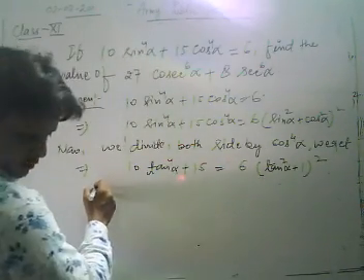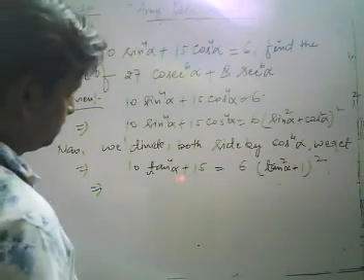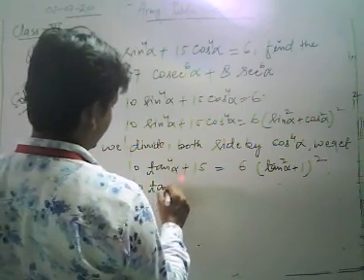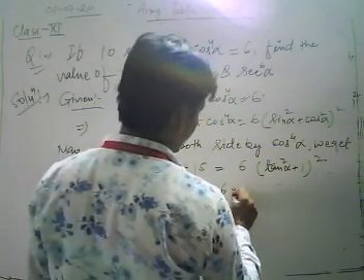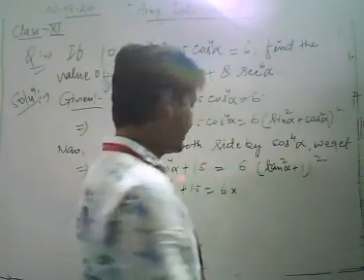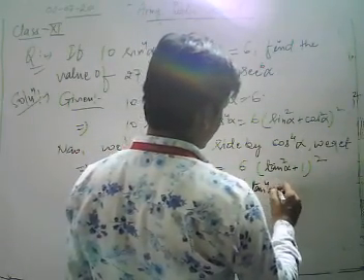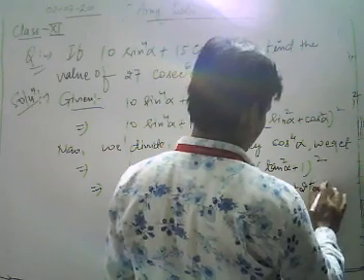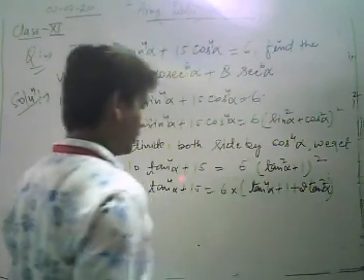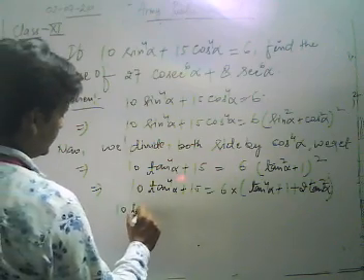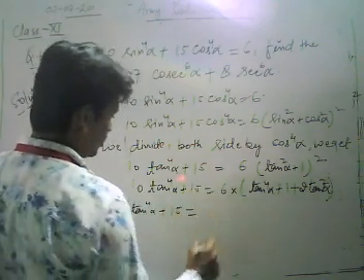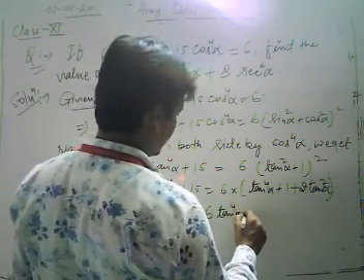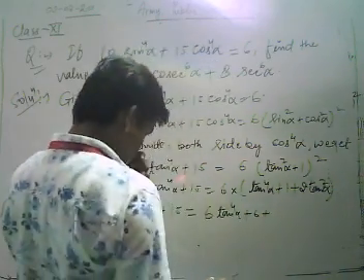Now expand it, we get, let's see, 10 tan to the power 4 alpha plus 15 is equal to 6. First we expand it on the identity (a plus b) whole square, we get a square plus b square plus 2ab, that is 2 tan square alpha. Okay, now let's see, 10 tan power 4 alpha plus 15 is equal to, we multiply that 6 into tan to the power 4 alpha plus 6 plus 6 into 2 tan square alpha.